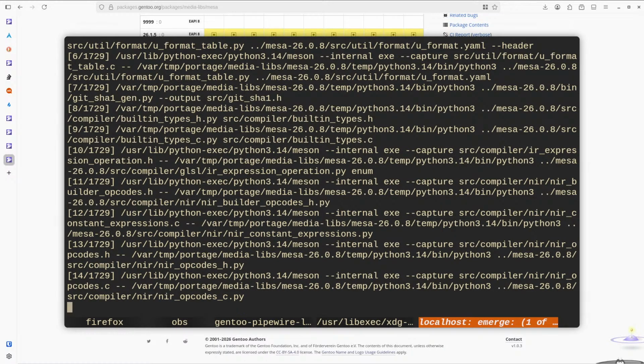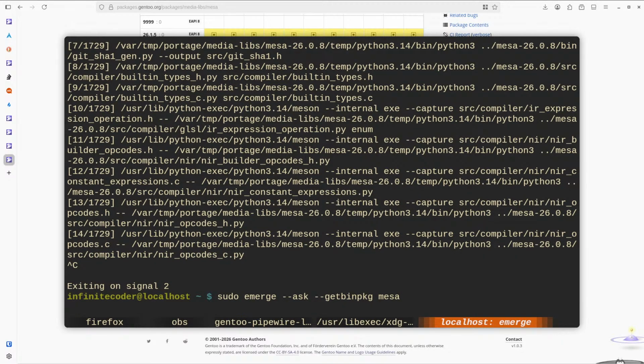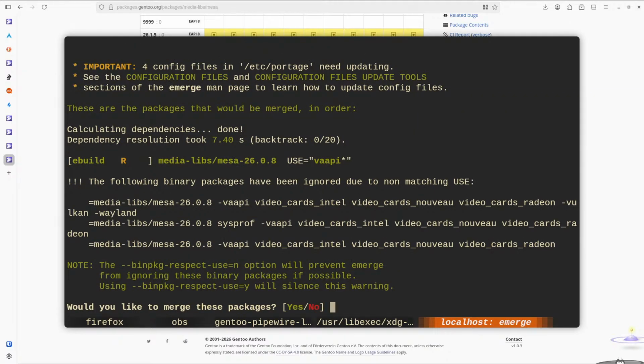I guess I could try the bin package thing. Yeah, let's try that. Get bin package Mesa. Let's see what use flags combos we have. Minus VA API, minus VA API, minus VA API.